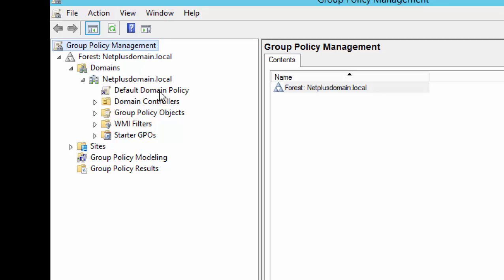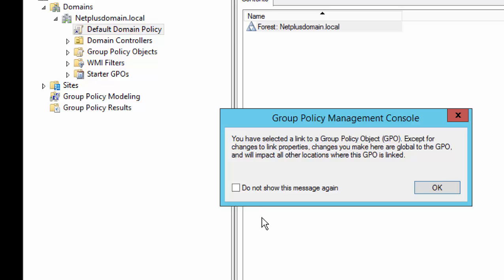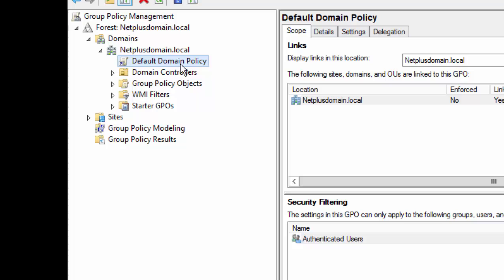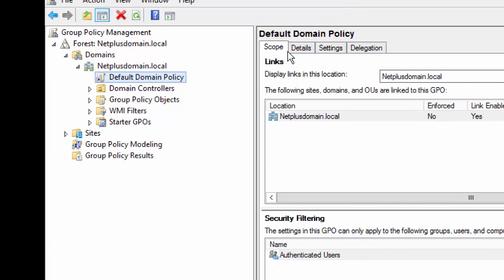So if we want to see what the settings are, this is the document icon. Everyone see that? This is a group policy. From group policy we can handle, maintain and manage our network environment, the Microsoft domain environment. If we click the Default Domain Policy, and this message comes, just select do not show and press OK. Now on the right side you have Scope, Details,